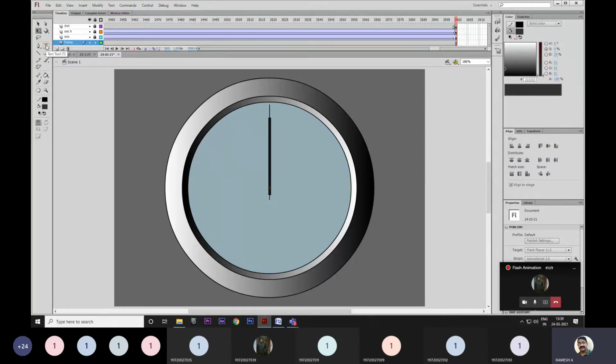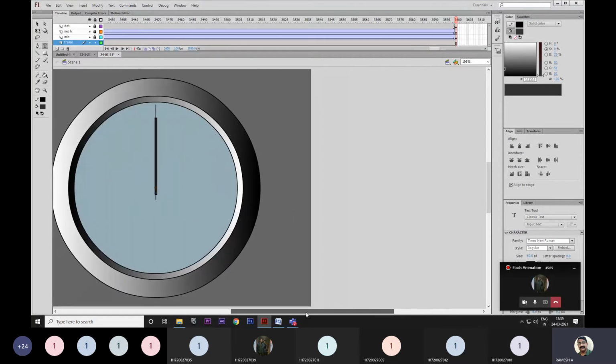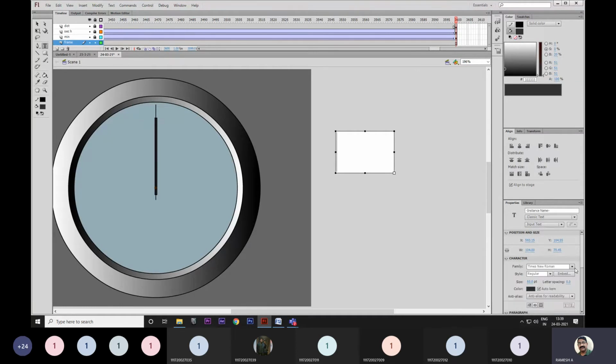Text tool. Select the text tool and type the numbers. Okay, what is the size? Size will be 60 here. I'll make it 30. 30 is okay.